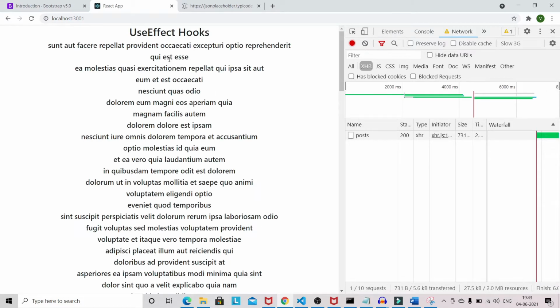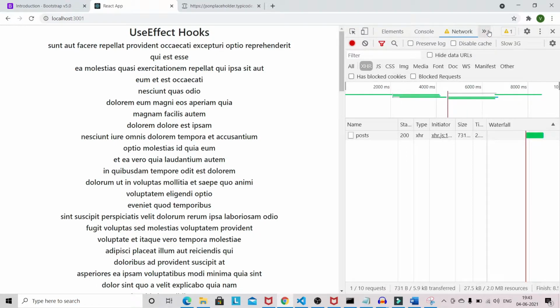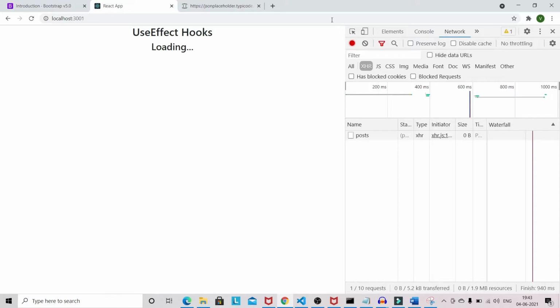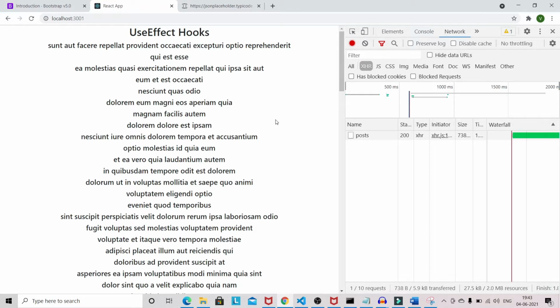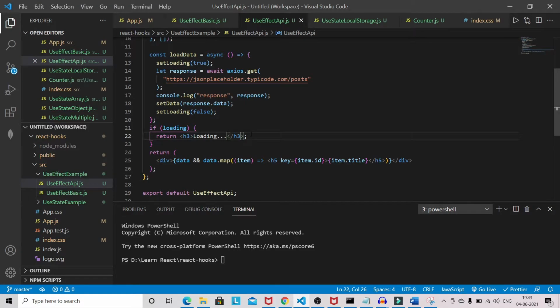I will revert the setting back to no throttling. You should also do that one. It's just for learning purposes. So you also saw that we can return multiple JSX with useEffect also.